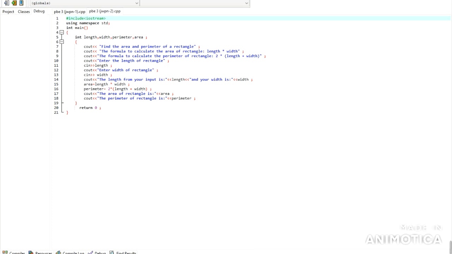Another output is the formula to calculate the perimeter of rectangle, which is to multiply 2 by the brackets length plus width, and then a semicolon,